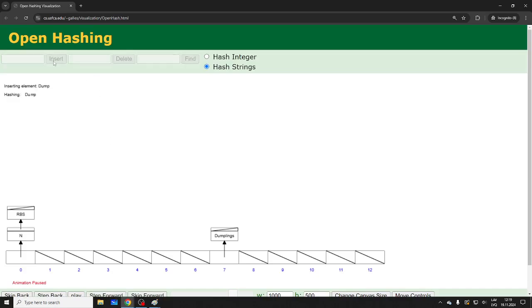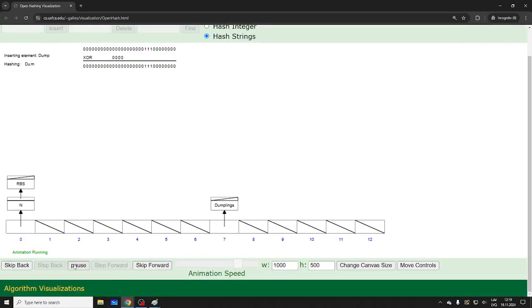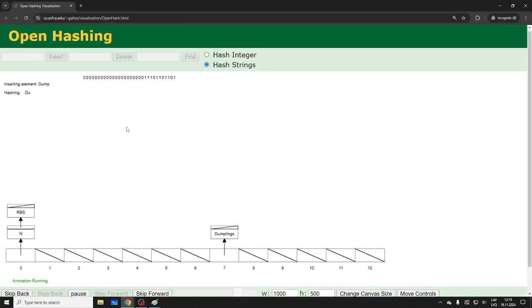So let's do this. Here, dump, step. You can also press play. Yeah, I can press play because I'm lazy, but I want to see what's happening. We didn't get any, so it should give you a different value. I think 4, so there's no collision.